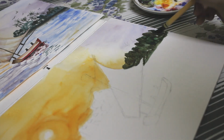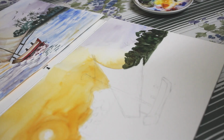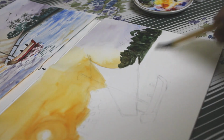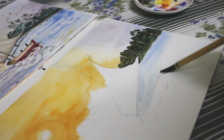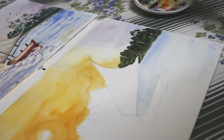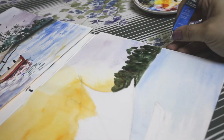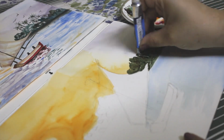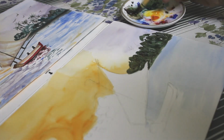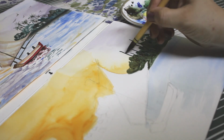For the plants or the trees in the background, I'm mainly using a very dark mix of cobalt blue, green, and the sepia in order to make it like something very dark at the back. This is the water. I'm using mainly cobalt blue for the water. Here I'm trying to scratch. I'm scratching the branches of the tree